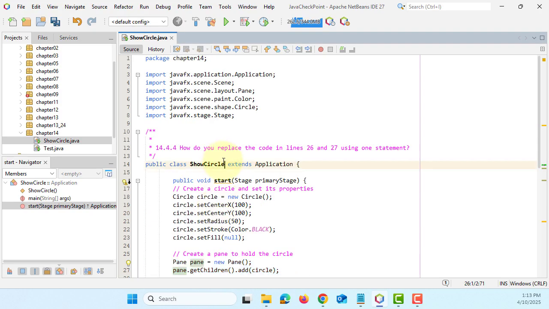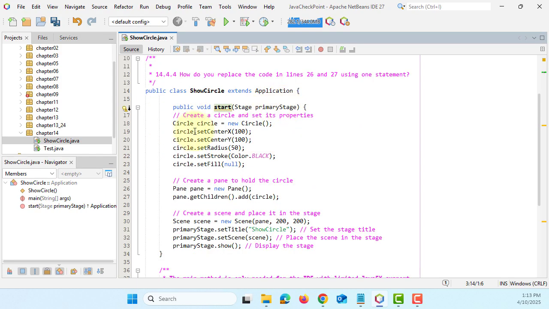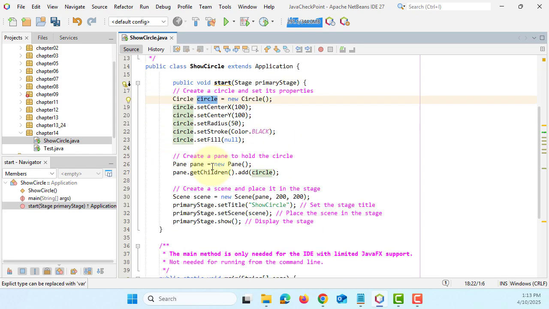As you can see, this application extends the Application class, which is part of JavaFX, which is a graphical user interface, GUI. So we have a circle object. Then we create a pane that's going to be added to a scene with a title. Then the scene will be added to the stage